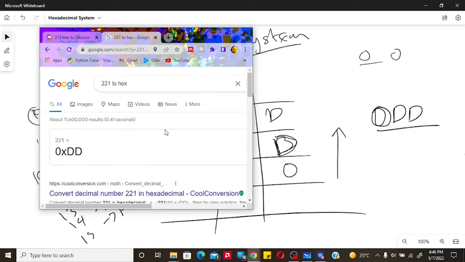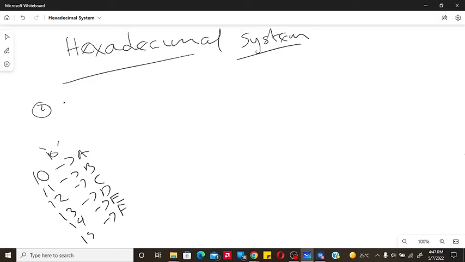I've opened up a Google tab to show that the answer we've gotten is actually correct. 221 to hexadecimal is 0DD. Don't mind this 0x, it's just showing that you're in the hexadecimal system. 221 to hexadecimal is DD. That's all. Moving on to another example, we're going to convert